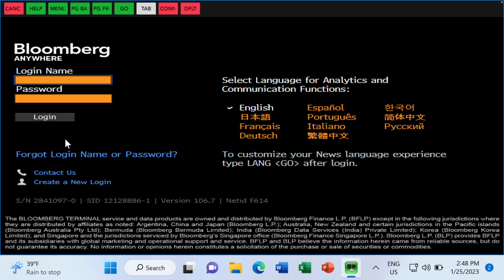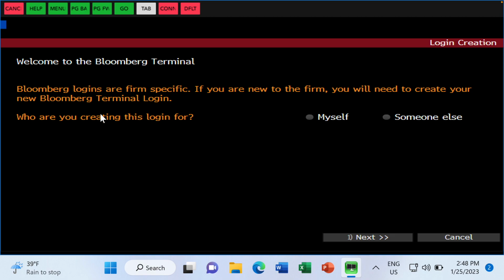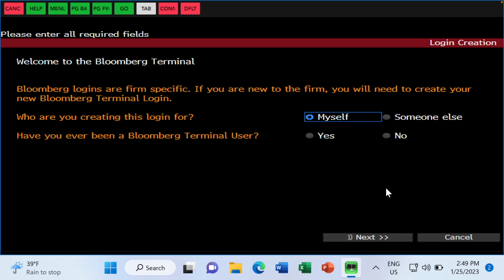Once those serial numbers are installed, or if you want to start in the lab downstairs, there'll be an option down here to create a new login. Okay? This is what you'll want to do because you won't have a login initially. Create a new login. All right? It's basically going to say, are you creating the login for yourself or someone else? Think of it as a trick question. You're creating it for yourself. Next. Have you ever used the terminal before? For almost all of you, you should say no. Never used it before. If you used it before, then figure out your old login.